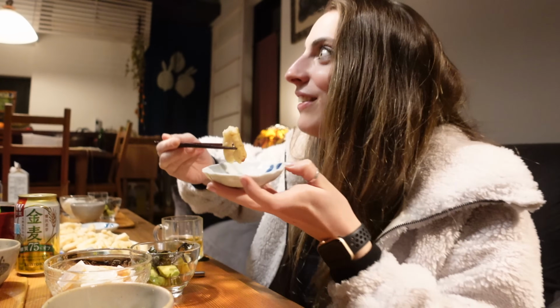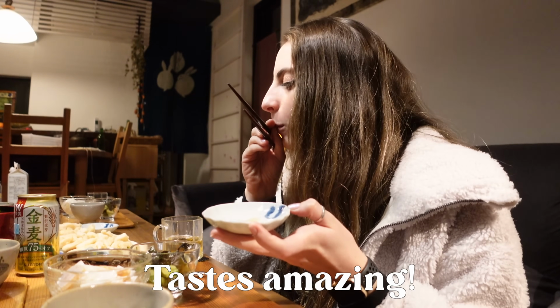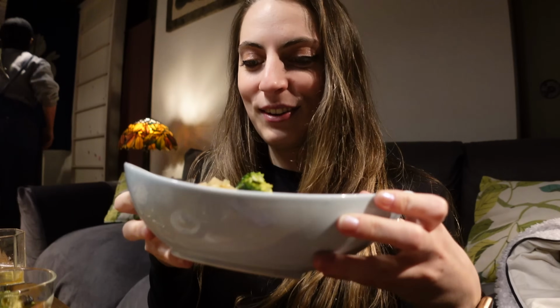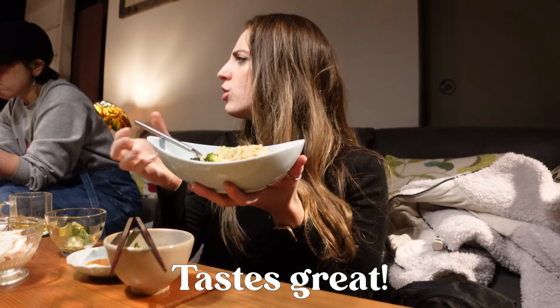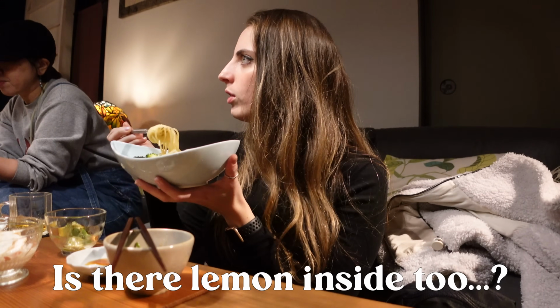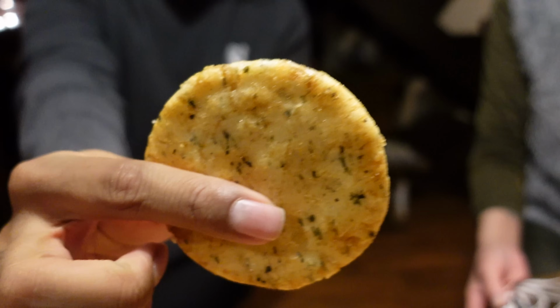We have some renkon tempura. I love renkon. Oh my god, the pasta smells amazing. After dinner, we were even served some more snacks and drinks, and I just didn't want